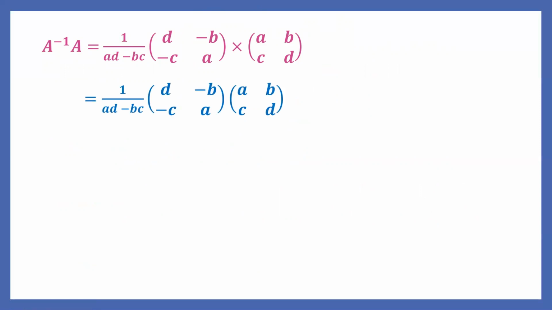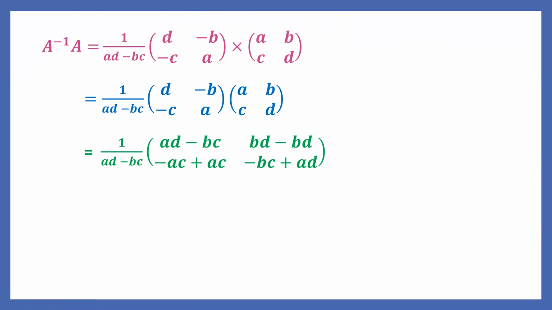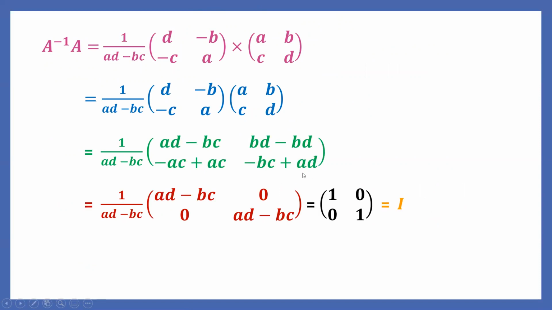Multiplying these two matrices will give me 1 over AD minus BC into AD minus BC. Here I will get BD minus BD, which will be 0, minus AC plus AC, which will be 0, minus BC plus AD. So this I can rewrite as AD minus BC. And multiplying these elements by 1 over AD minus BC, I will get 1, 0, 0, 1, which is the